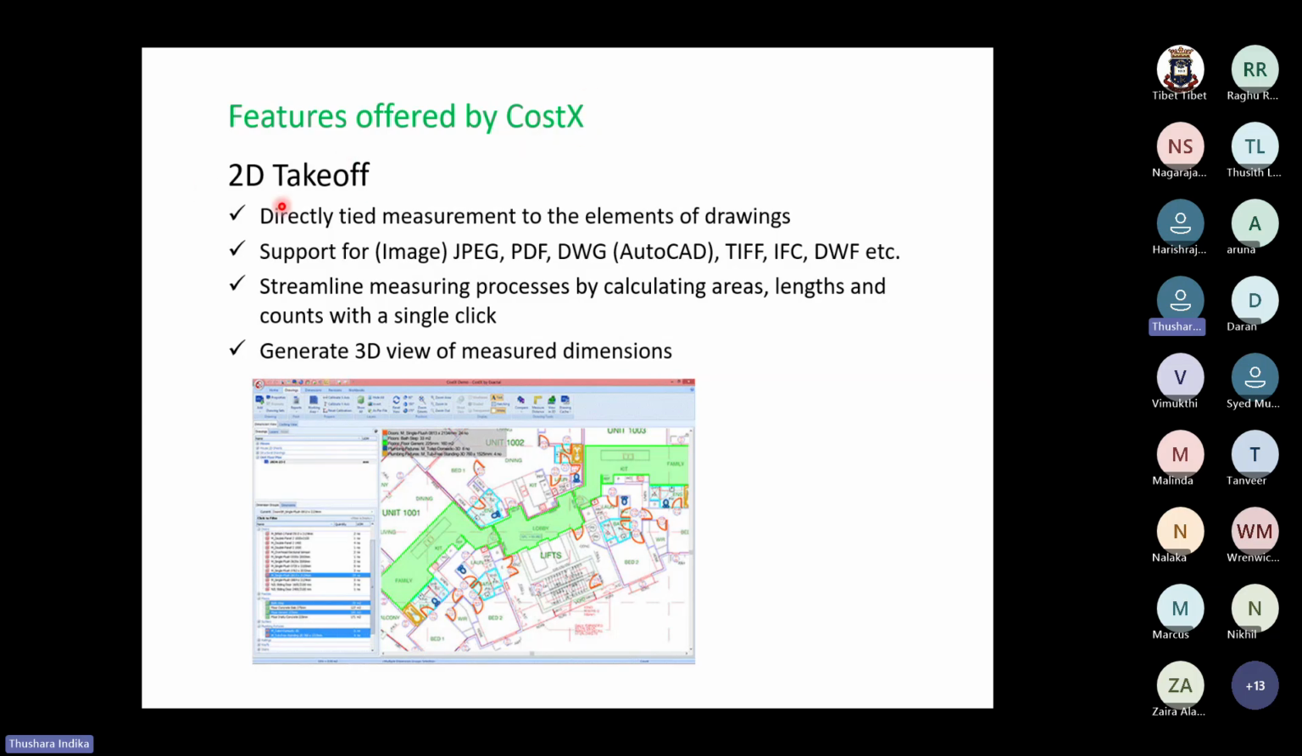But since we are moving into 3D from 2D, we are still working with 2D drawings. Therefore, CostX has been designed in a way that it can also measure from the 2D drawing, right? So that's what we are going to learn here in the course, 2D plus 3D. And you can use AutoCAD drawings or any JPEG, which is a kind of a photo, or you can even use a PDF drawing to measure from. So CostX is capable of measuring from any of these files